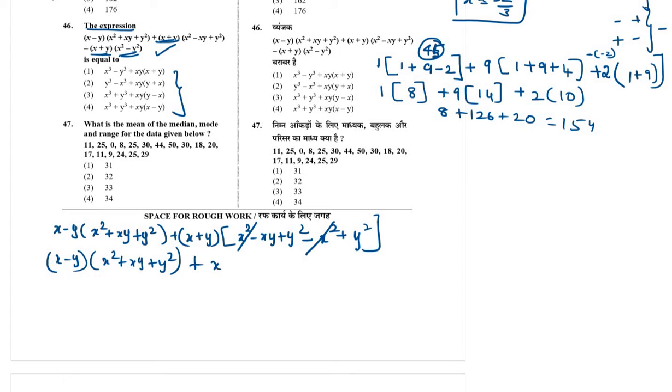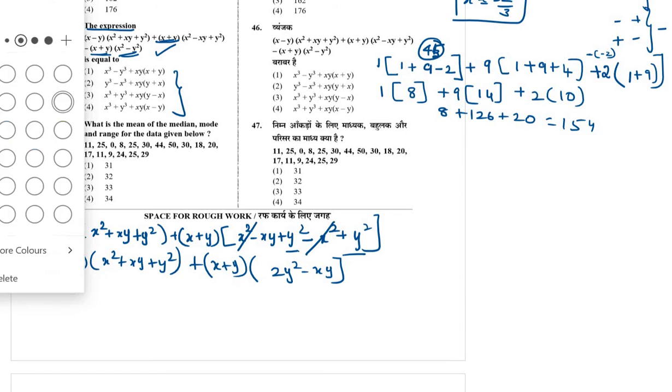And then x plus y into y squared plus y squared, 2y squared minus xy. Again normal multiplication. So nothing is common in these two. If you take y common, then x minus y again, and in the second term x plus y. But no need, because 2 is also there, so here nothing is common. So this one is not necessary. So I am writing this one. So normal multiplication we can continue.